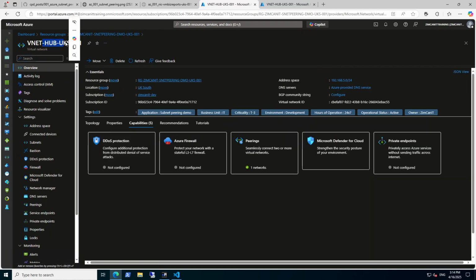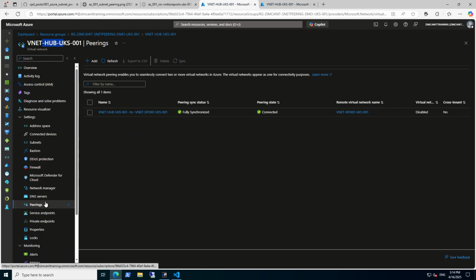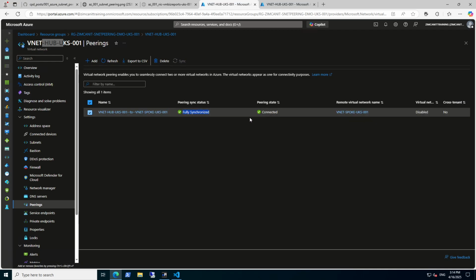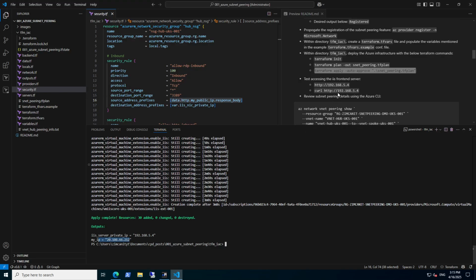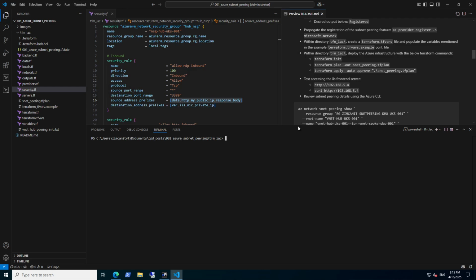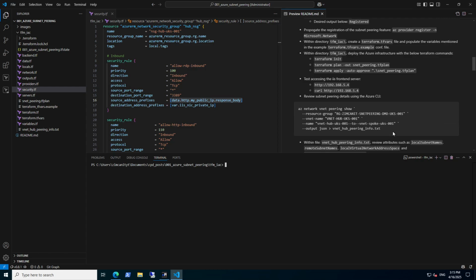On the hub virtual network, when you select that service and then go to the peering, obviously you can see our peering status is fully synchronized and connected, but we list the IP addresses here as 192.168.0.0/28, and there's an additional IP address that's listed. Now, we can't see it in the portal, but if we reference the README file of our code, in order to show peering information, we run this command,